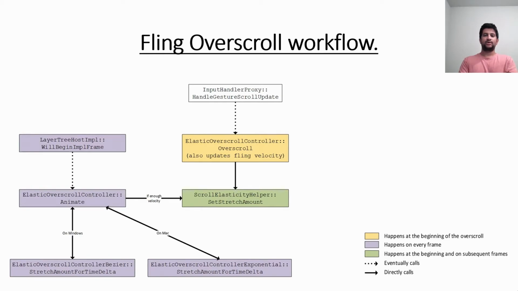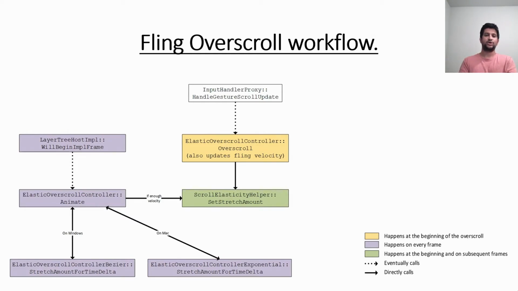So here's a quick look at how fling overscroll works. The input handler proxy eventually ends up calling elastic overscroll controller, where a bunch of state gets initialized and the fling velocity gets updated. It then eventually calls the set stretch amount on scroll elasticity helper. And also on every frame, the elastic overscroll controller keeps animating the scroll deltas for the scroller based on what